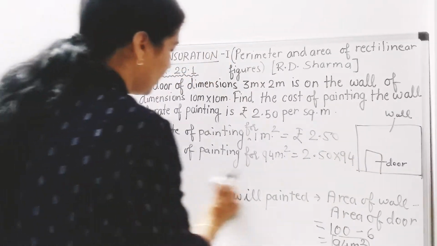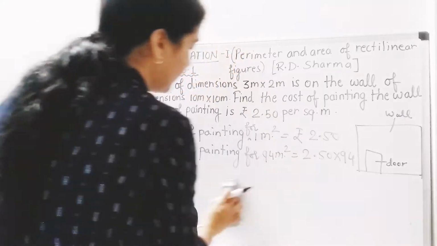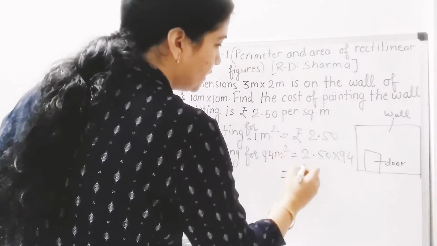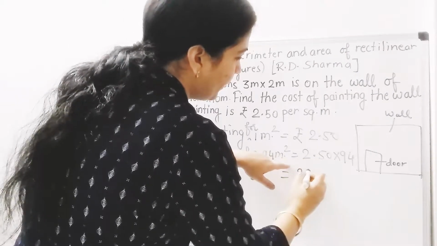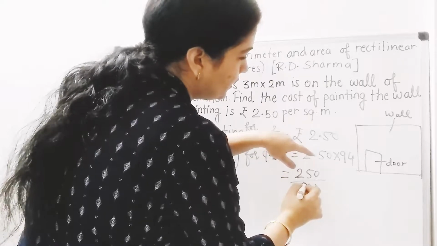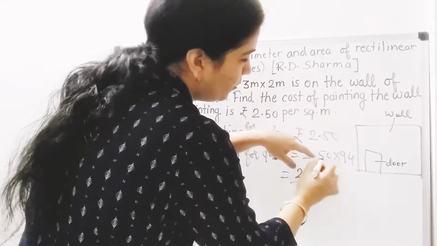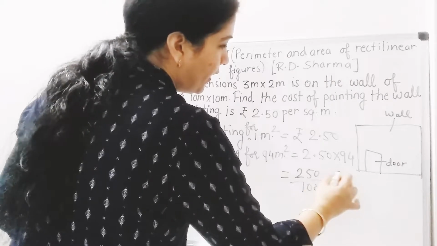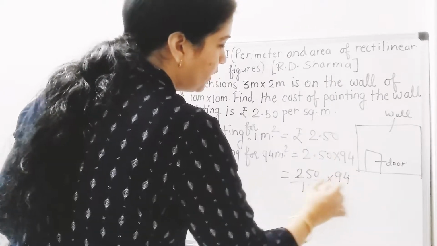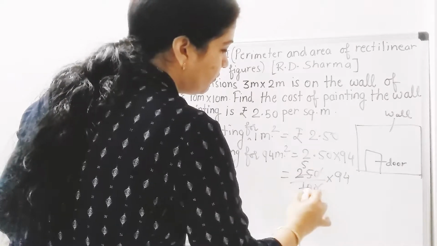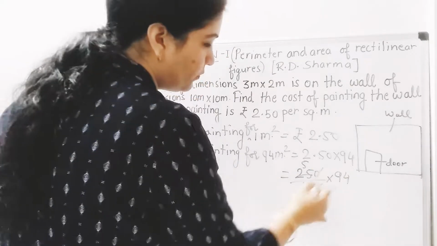Now you can directly multiply in decimal form, but I used to convert the decimal into a fraction, so it is easier. So 2.50 we can convert as 250 upon 100. At the place of the decimal we put 1 and 00 because after the decimal there are two digits, so it's 250 upon 100. If you divide, you will get the same 2.50. Now we will simplify it. The 0 will be cut. 5 5s are 25, 5 2s are 10. Again we will further simplify.